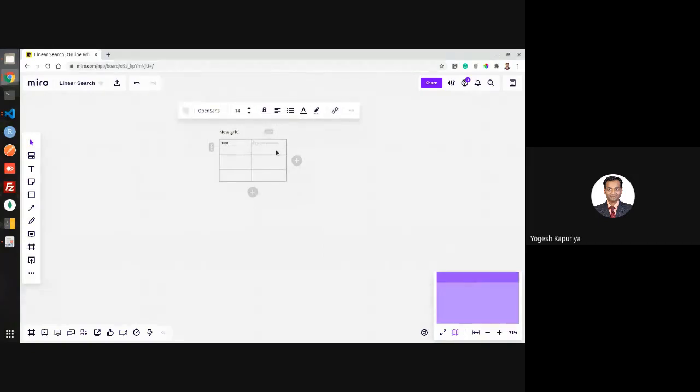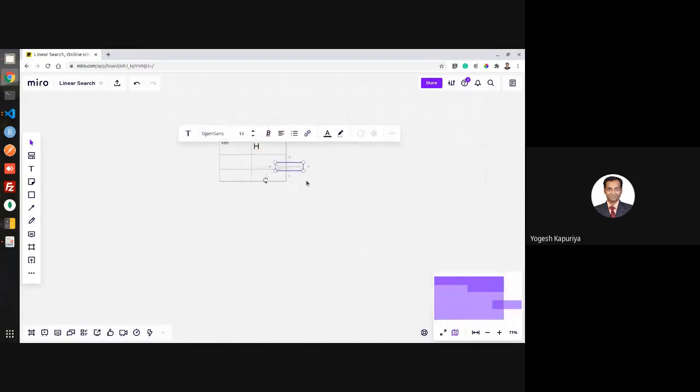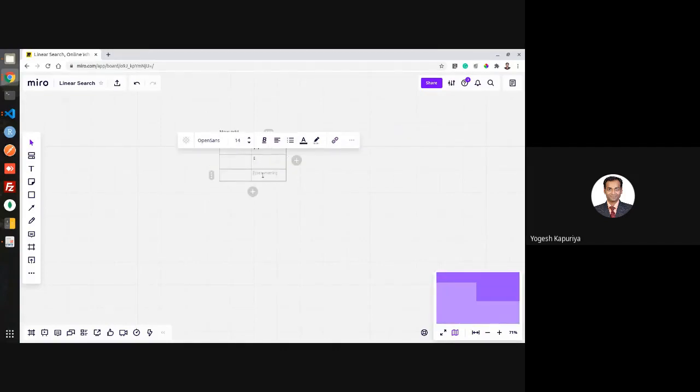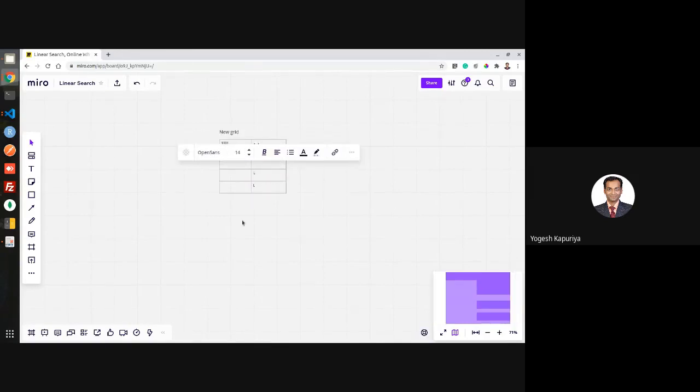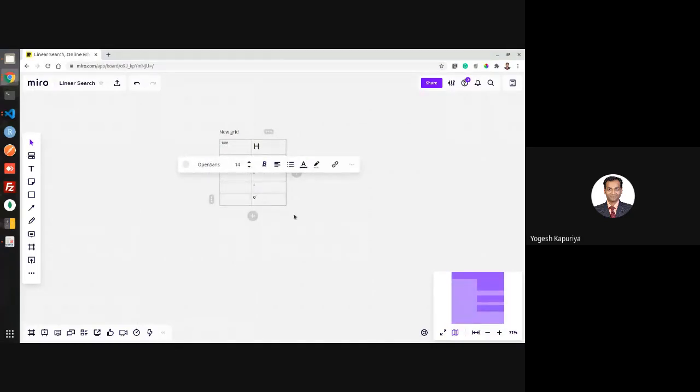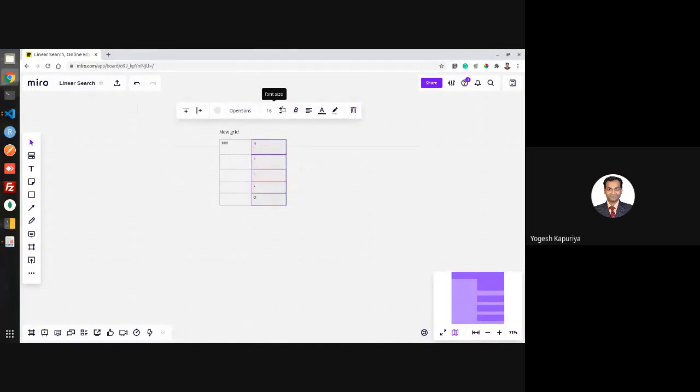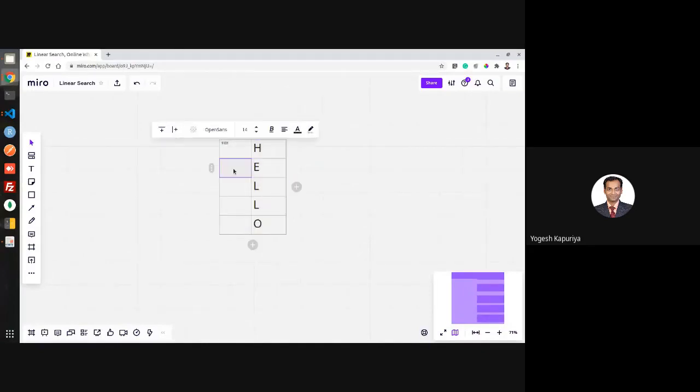So let us say if you are storing hello, then this is how it's going to be stored. You have the content H, and on the next location you have E, then L, then L, and then O. This is how it looks like, right?